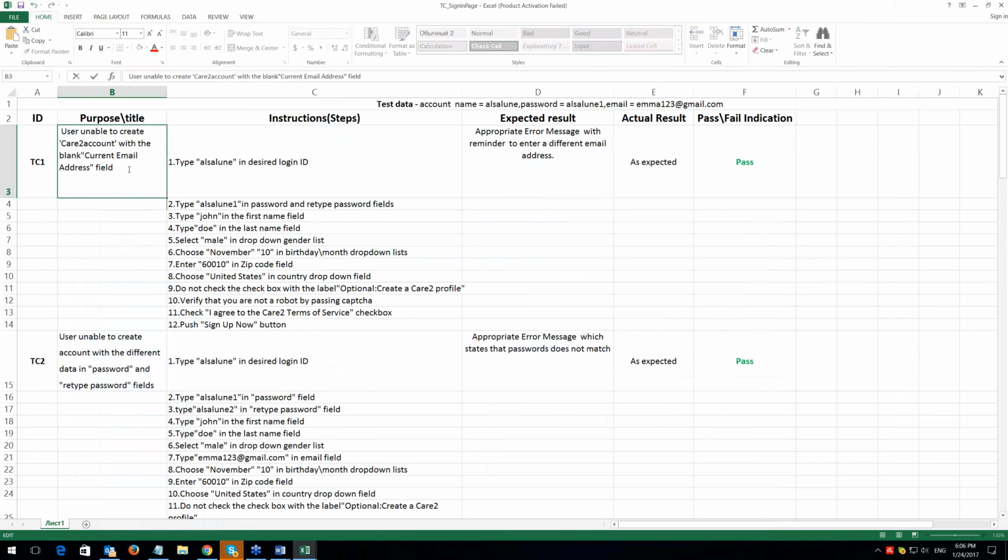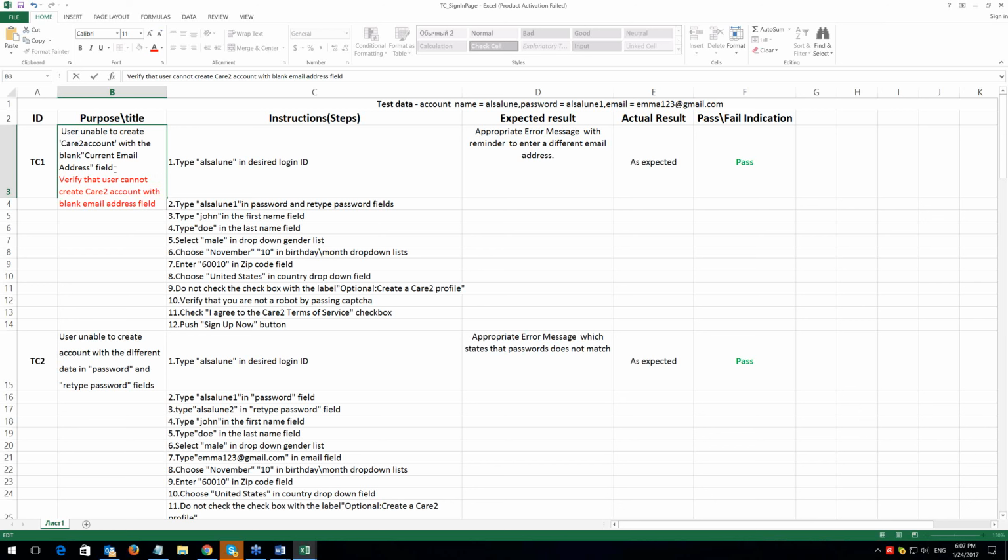But here, don't take me wrong, it's not a mistake, it's just advice, a suggestion, that it would be nicer, better, if we write something like: verify that user cannot create Kerto account with blank email address field.